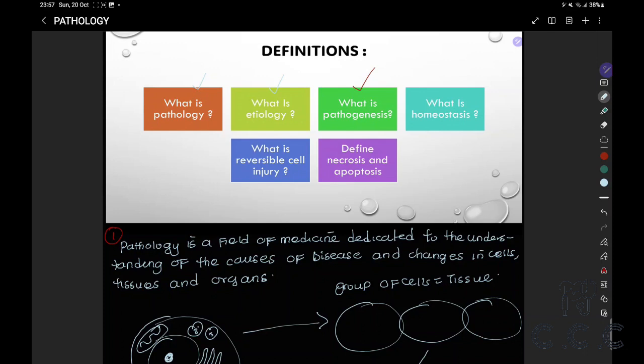But then we've defined pathology, etiology, pathogenesis, and homeostasis. We've also seen that reversible cell injury can occur because it is simply the derailment of function and structure that a cell can recover from once the injurious stimulus is removed. We also defined necrosis, called accidental cell death, and showed the three major hallmarks that occur during necrosis. And we said that apoptosis is a more programmed cell death. It requires a high level of energy. In apoptosis, we have a more organized way of doing things, and more so, we do not want